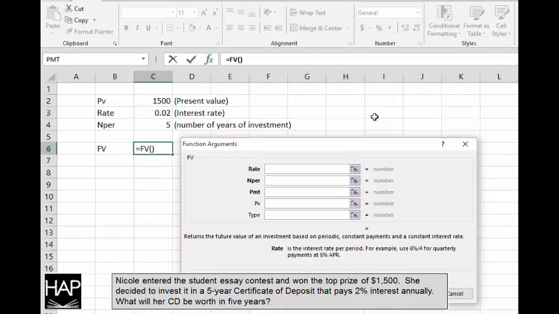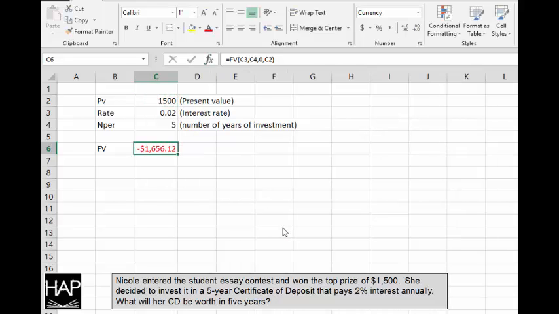Now when I use the FV function, I'm just going to put the values that I know in here. So I know that the rate is 2%. I know that the number of payment periods, or the number of years that I'll be earning interest, is 5. The payment is 0 because I'm not going to be putting more money into the investment after my initial lump sum. But I do know that the present value is the value of my lump sum, which is $1,500. Once I put that information in, I can press enter, and it gives me